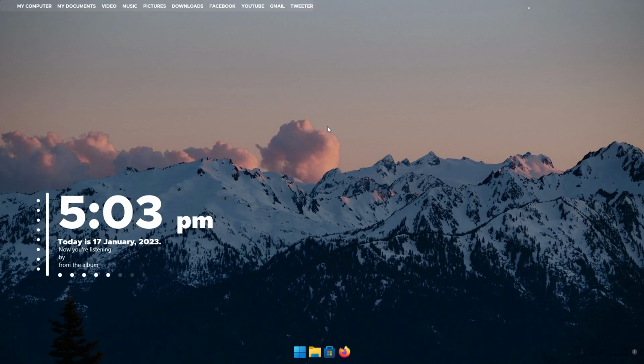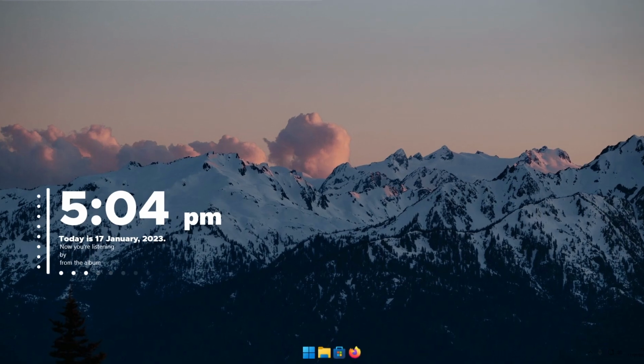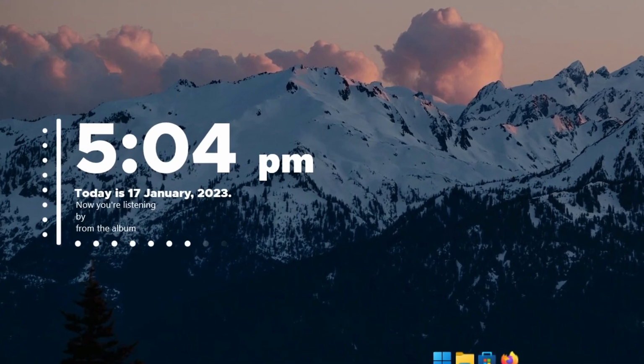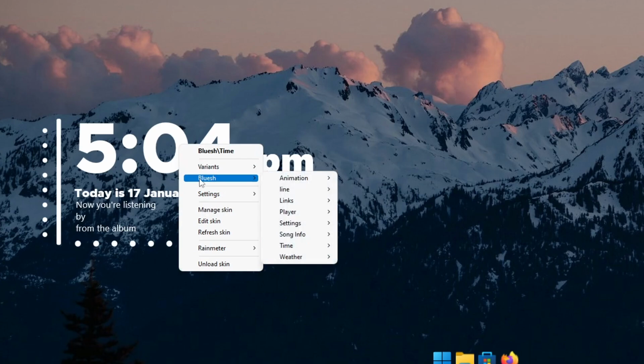Also along the top, you can now see the links are all good because I've hidden the recycle bin. So once you have positioned the date and time on your desktop and also what you are listening to, the next thing that we want to do is just change how it detects what you are listening to. And we can do this by right clicking on the time, and then go down to Bluish, and then go down to settings, and then click on